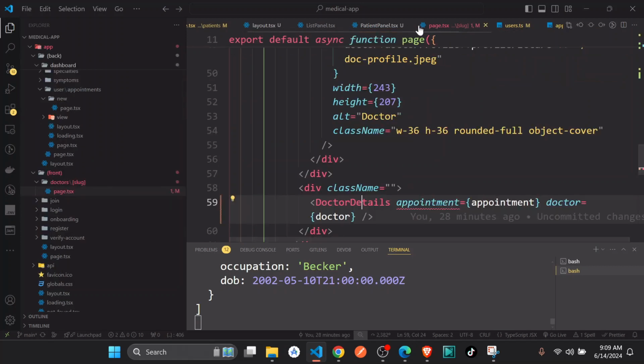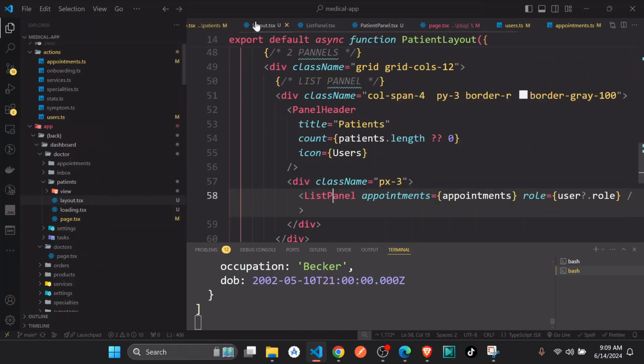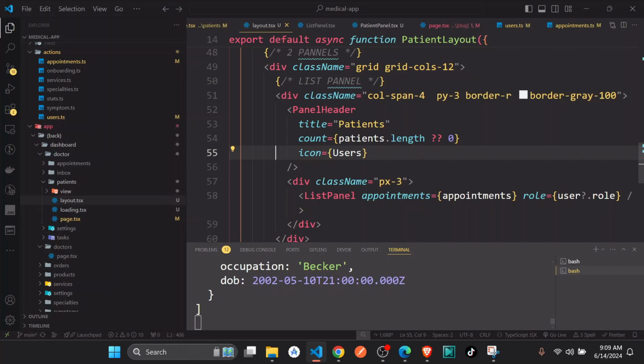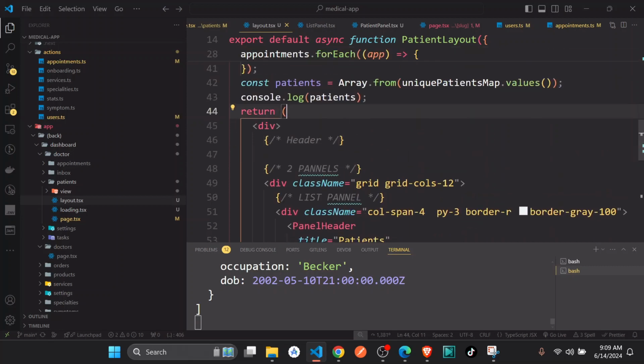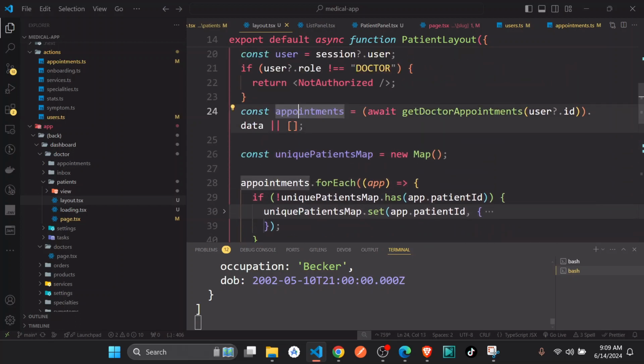Okay, so how am I going to have the patients? Sorry. These patients we could just go ahead and create, and right now they have a sort of